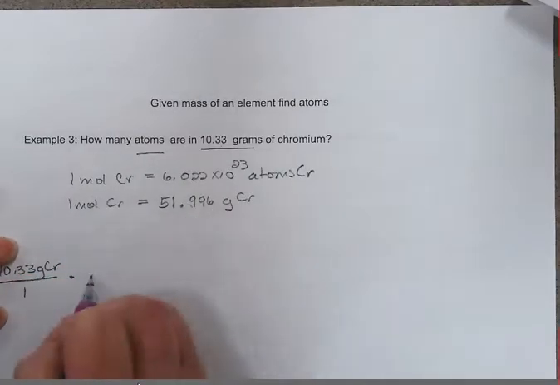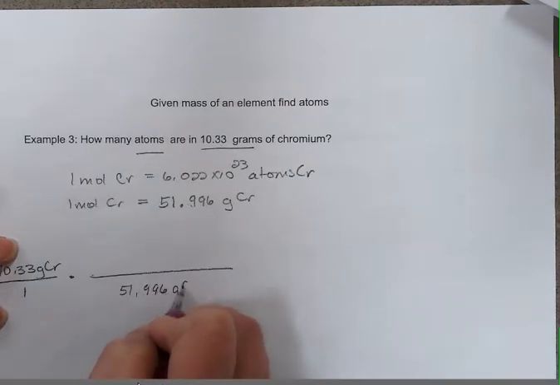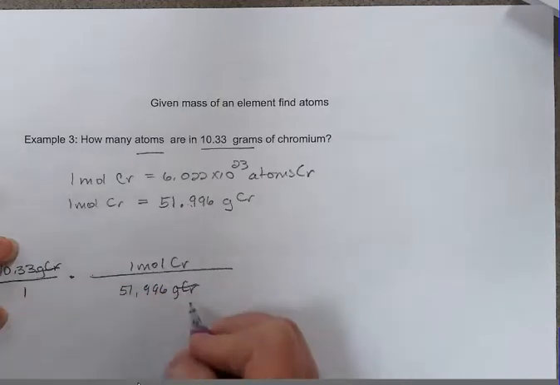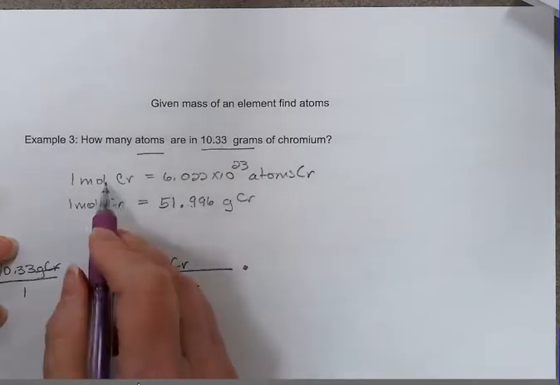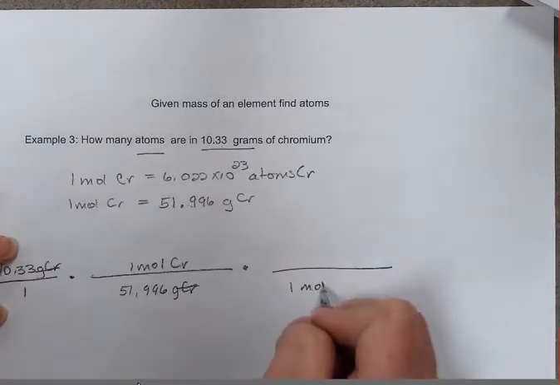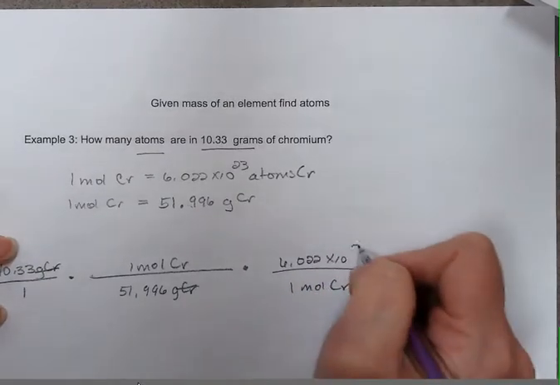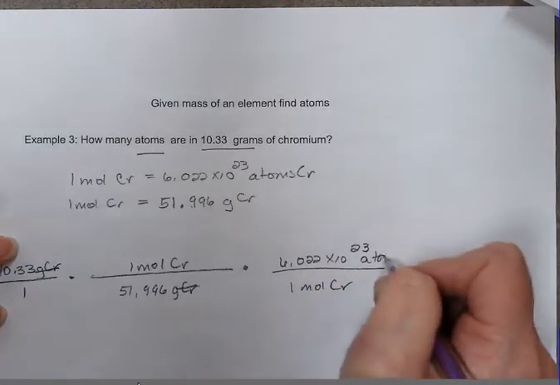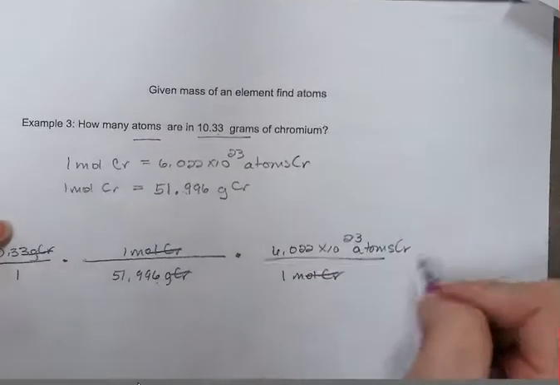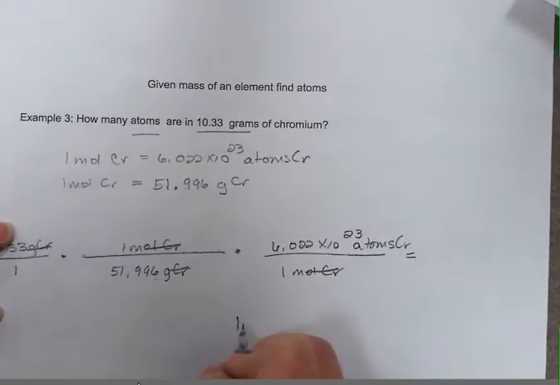So I need to now divide by the molar mass. Left with moles, so I need to end up with atoms in the numerator. And now we just multiply and then divide, and we get an unrounded answer of